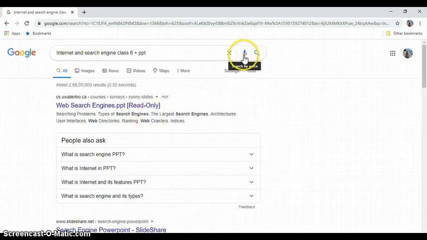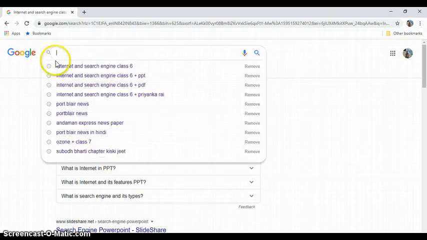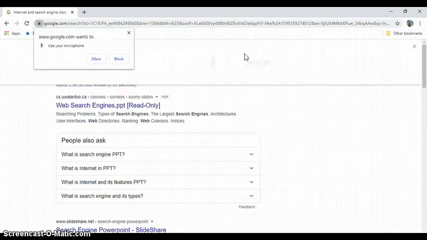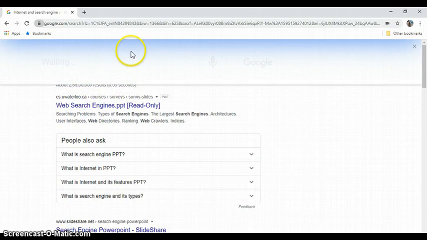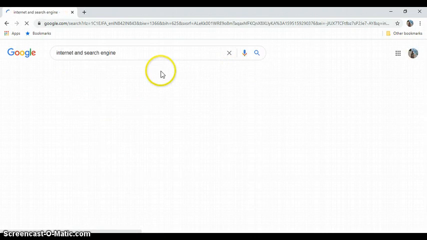Now because all these search engines modify themselves to make them more user friendly, we have this voice option. So we can type using the voice search option also, like you can say here, internet and search engine.